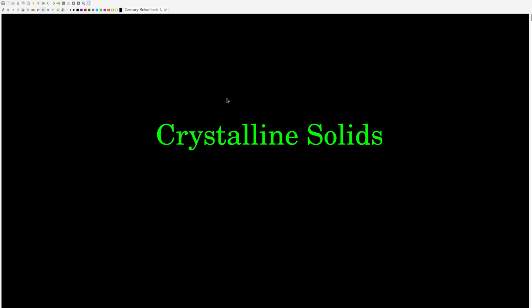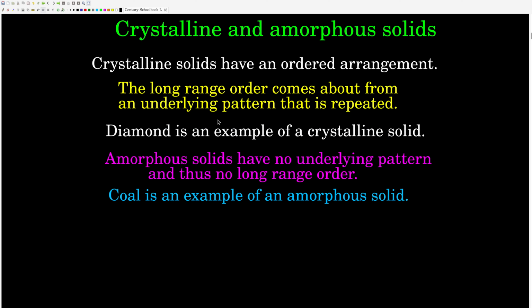Hey guys, this video is on solids, and in particular something called crystalline solids. So there's crystalline solids and there's amorphous solids. Crystalline solids are ordered. They have an ordered arrangement, and that comes from this pattern that's repeated at the atomic level. An example of a crystalline solid would be diamond, and you can see the result of the order at